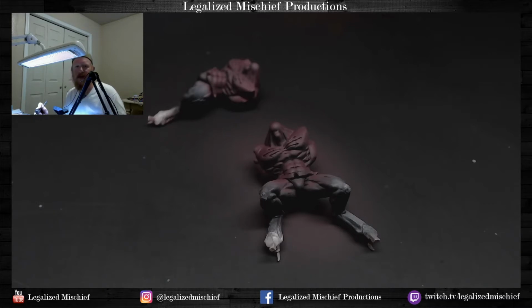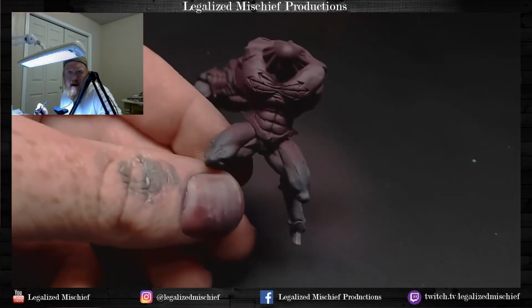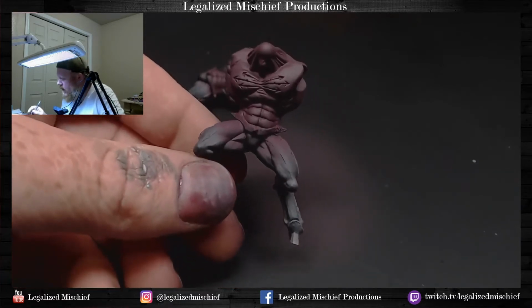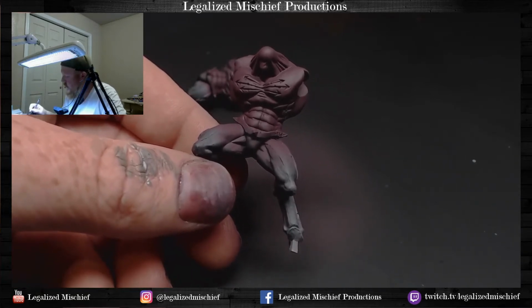So it's not something I do very often, but when you're doing a model that has a lot of flesh like this, like I did it on my Bloodthirster, I think. I did it on Magnus, I think. So when you really want to accentuate that musculature, it's really going to give you those hard shadows, which is what you want. So for the cold side of the model,